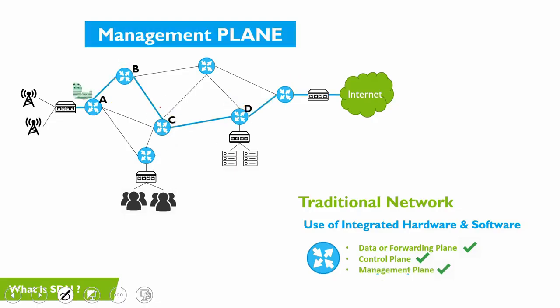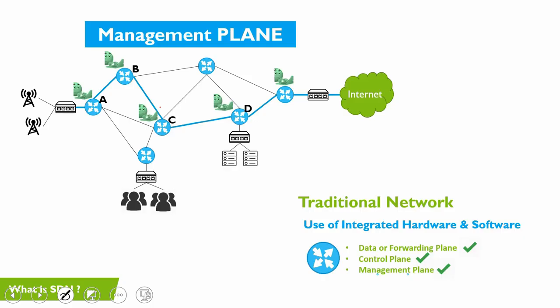The last one is the management plane. Now, in traditional network, this is used for performing the operation and maintenance of network. I mean to say you can do the configuration, you can get the reports, you are actually running the network out there. For an example, we use management plane to fetch reports, perform configuration, get alerts, do the alarms. You can see this guy who is logging into every router and doing the configuration on the screen. If you have to open a new route, eventually we need to log in into every router and this is a very tedious task. It takes a lot of time and this is always prone to errors.